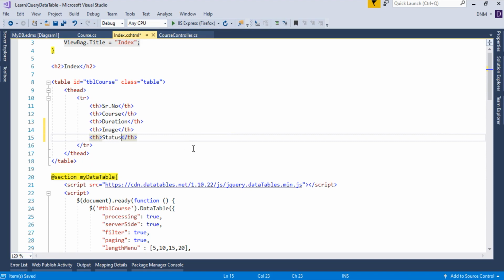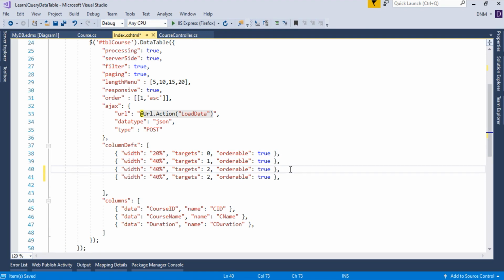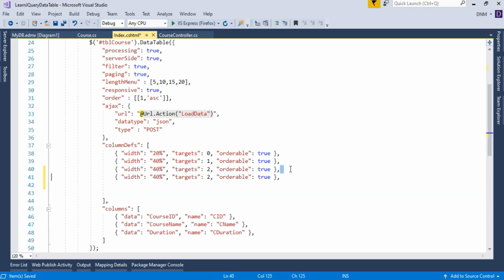Now similarly, here I have to add two more column definitions for those two columns. So let me copy this, and then we will adjust the width.